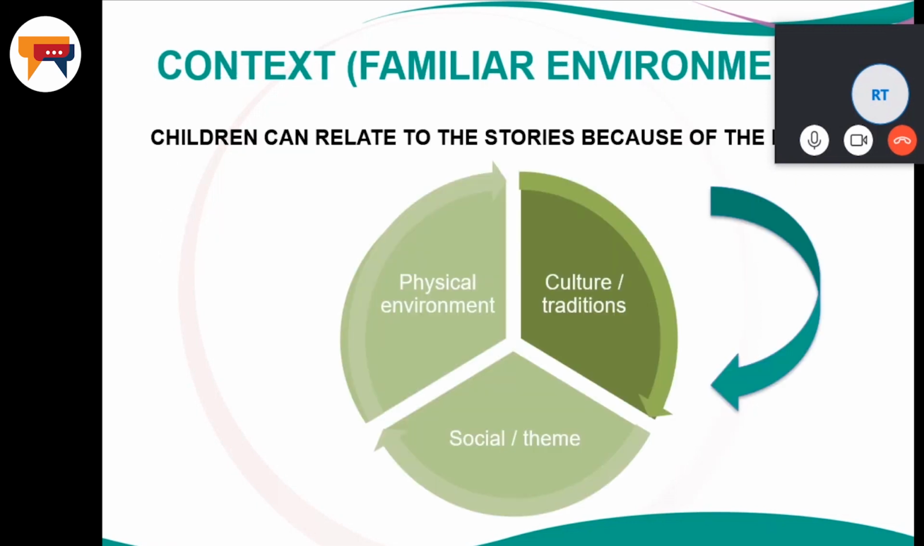Now, context, I've already mentioned it when we discussed the definition of context. So it may refer to a physical environment or a cultural environment, traditions, or a social theme. So just make sure when you select a story that children will be able to relate to the context of the story. If you want, for example, to read a story for children in a rural area, I'm thinking of